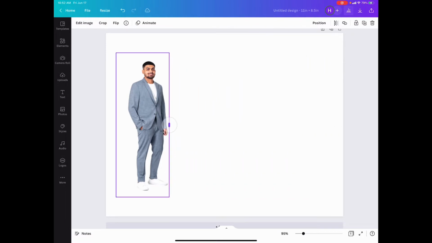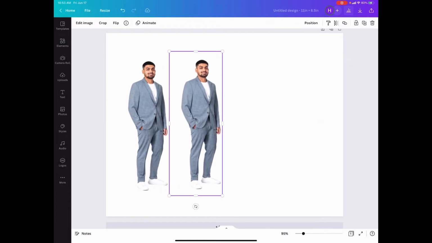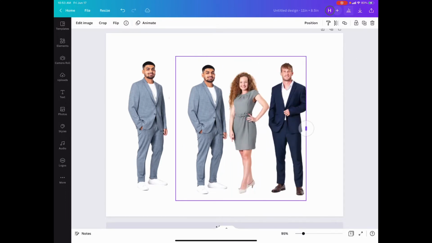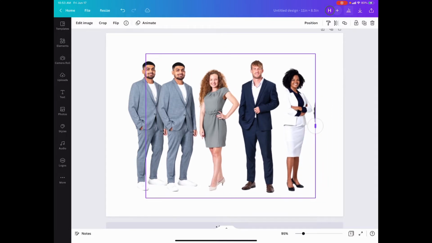All right, so now let's say I want to use this guy and the girl. So I'm going to go ahead and I'm going to hit duplicate here on the top right hand corner next to the trash can. It's a plus sign on two pieces of paper. Tap that once and it gives you a duplicate of the image. Now I want to bring in the lady that I want to use and make it seem like they're a couple. So I'm just going to go over and I'm going to grab this lady, and then I'm going to